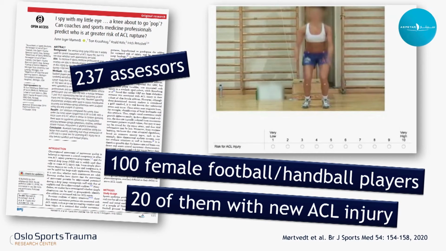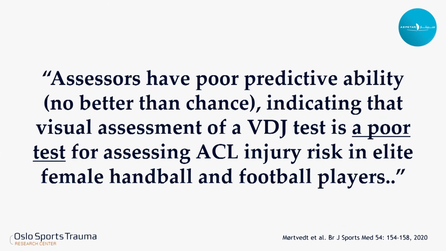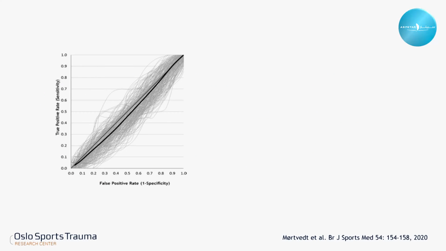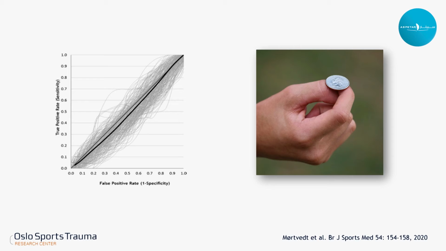And there were 237 assessors. Maybe some of you here in the room did this assessment and scored them as being at risk, low risk, or being at high risk. This is the conclusion of that study. Poor test. And here is this famous curve that I talked about. And what this curve shows is that we're back to 50-50. It really is just plain guesswork of who is going to get an injury and who is not, based on